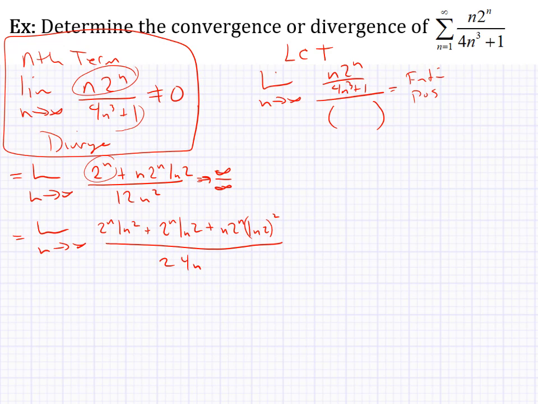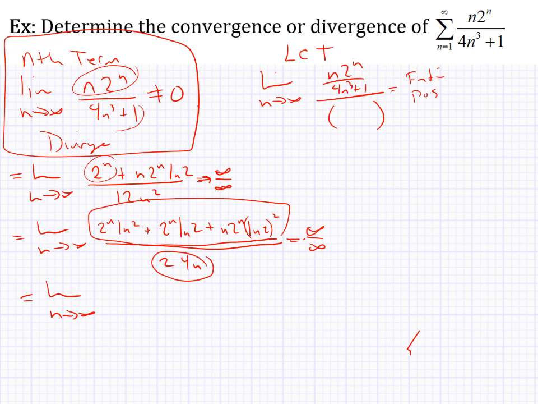And I think you kind of see a pattern here. I'm going to have to do L'Hopital's rule again because this thing's going to go to infinity over infinity again. But this numerator is just going to keep getting bigger and bigger every time I take the derivative. And this thing eventually is going to go away, or at least just become a constant. And so one more step of L'Hopital's rule,